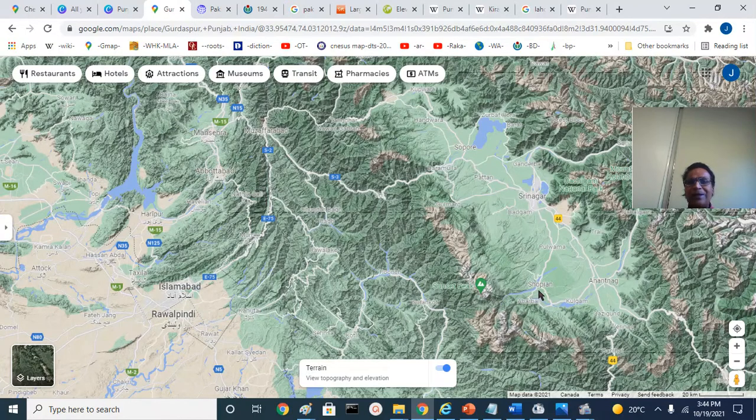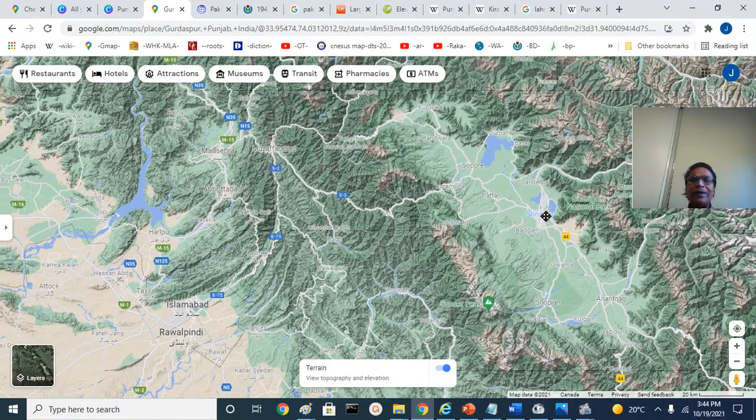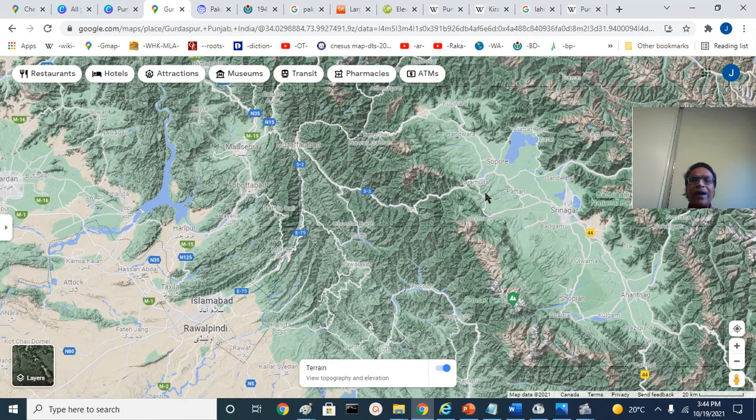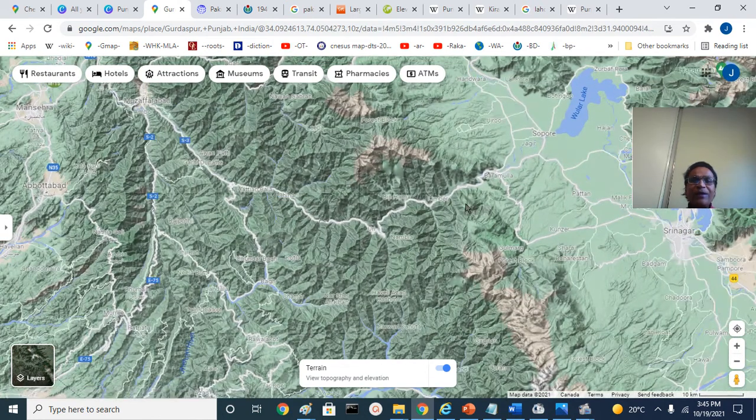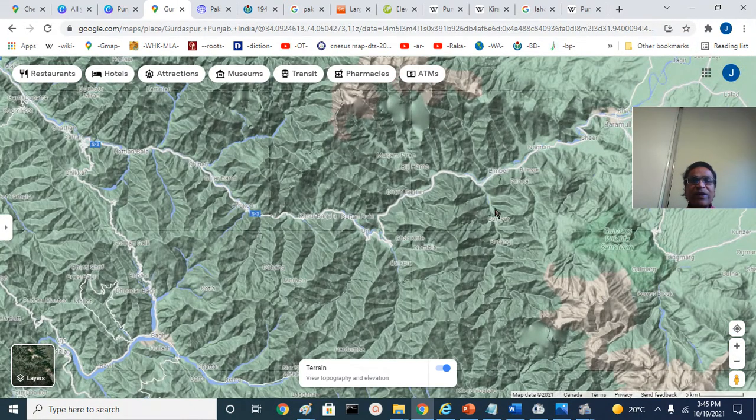The pass enters here near Sopian. You see the river originates in Anantnag, Verinag, goes to Srinagar, Ular Lake and Bandipur area, Kupwara area and Hindwara area. And here you can see Baramulla. From Baramulla, the river enters into a gorge, and actually the real serious gorge starts at a place called